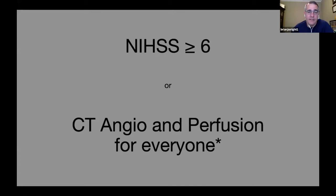And some places do CT angio perfusions on everyone. Now, my site's probably in the lower end of CT angio perfusion on everyone, but also not really everyone. Think about the recent trials showing benefits for LVOs anywhere from 6 to 18 to 24 hours. And that's who I'm thinking about. So who do I think interventional therapy is going to benefit? If you have a high NIH, you have a LAM score positive or a VAN score positive,